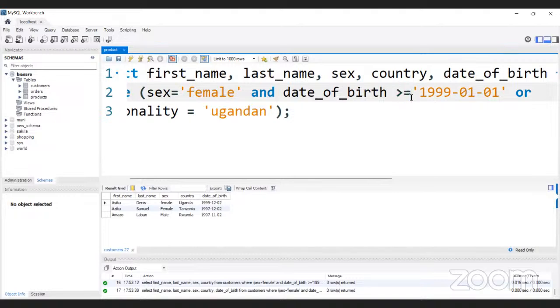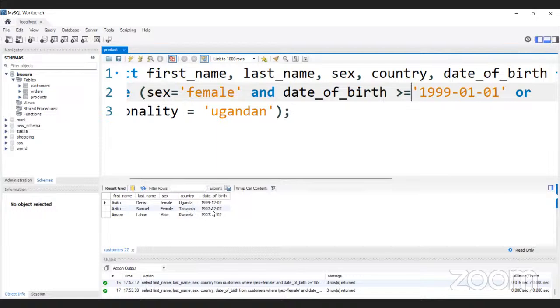You'll find that one, Dennis is a female, is a Ugandan, and was born in 1999. He fulfills that. Then when it comes to Aziki Samuel, is a female,